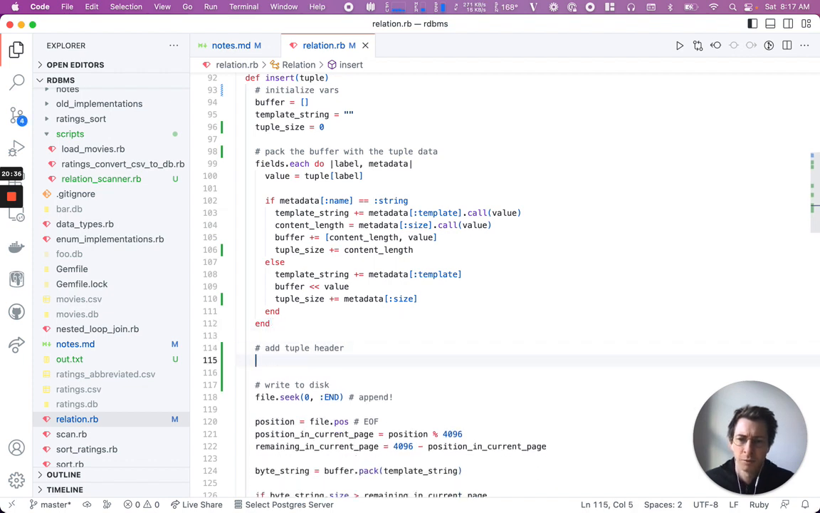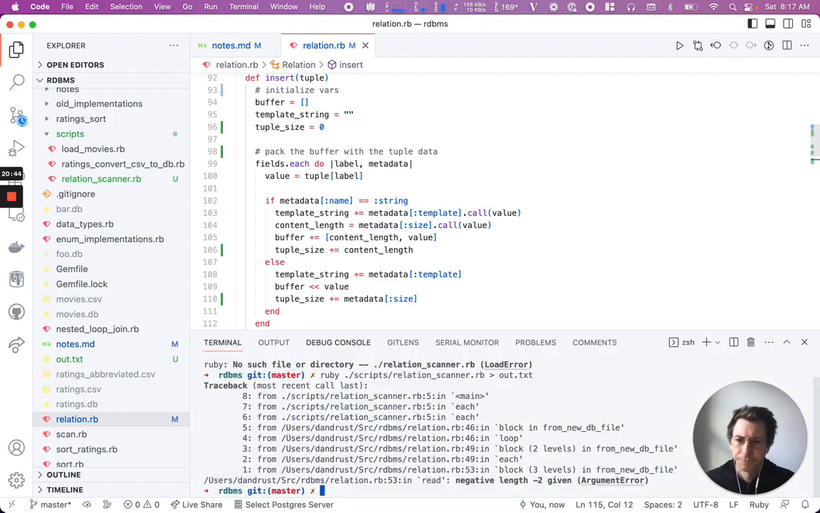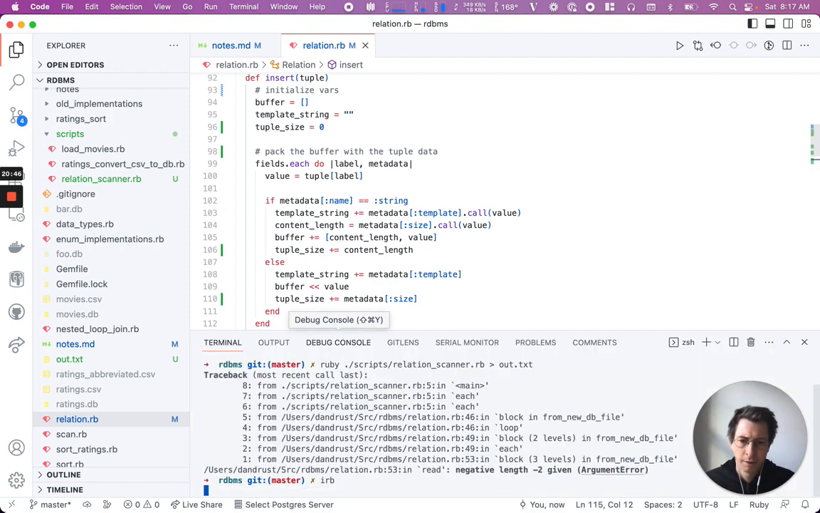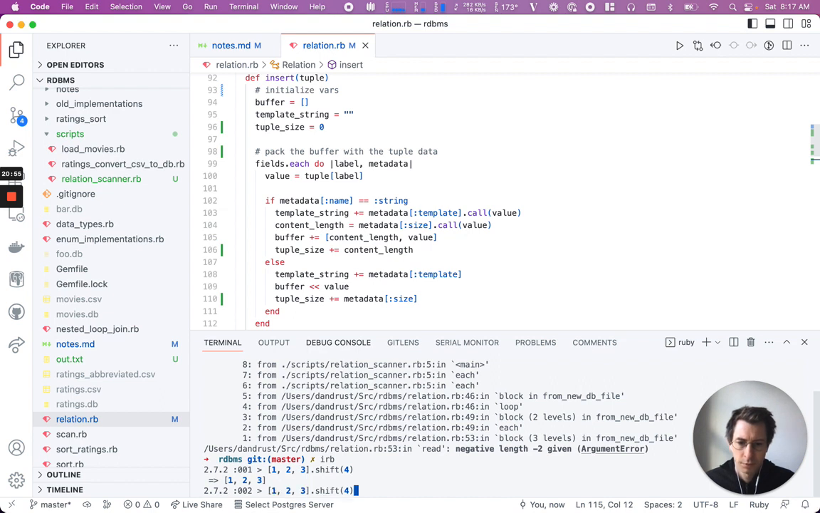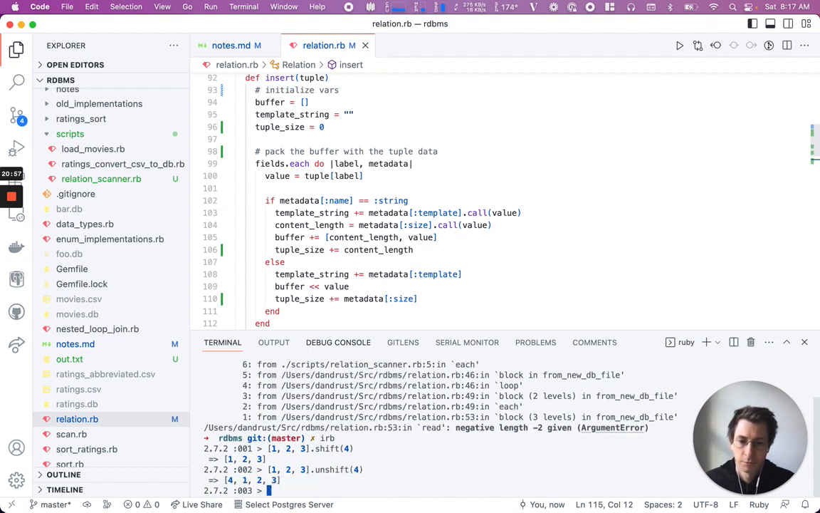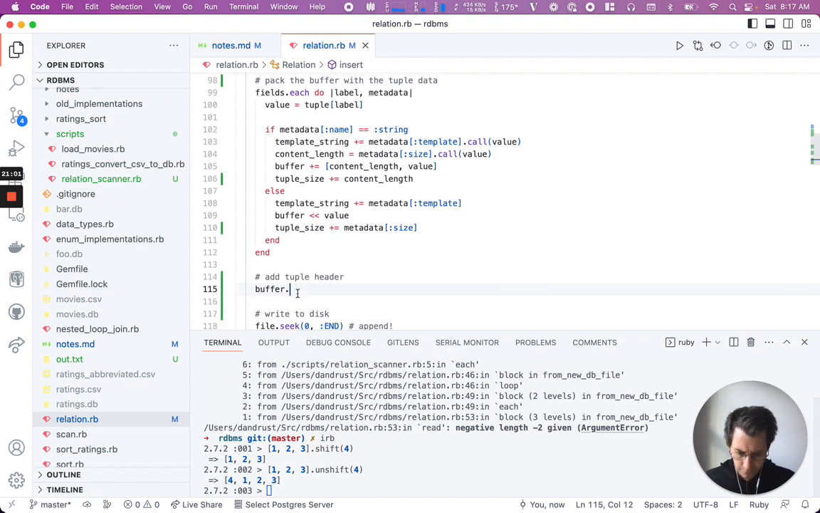So let's add a tuple header. So let's do buffer. Is it shift or unshift? IRB 1, 2, 3, shift 4, unshift, unshift. Buffer dot unshift, and then let's do tuple